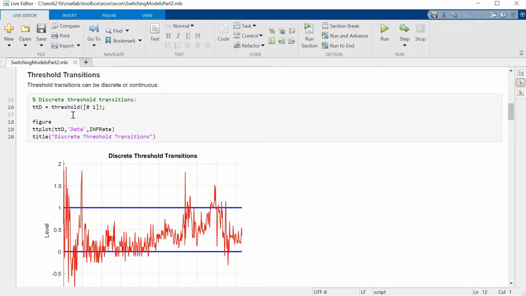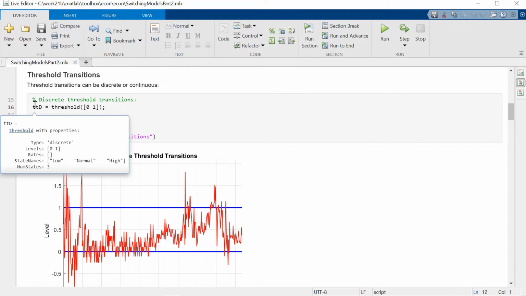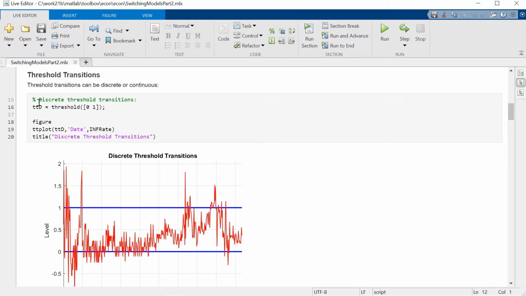The basic command is simply called threshold, and in its simplest form, you give threshold a series of levels. By default, it'll create a discrete threshold transition object with the levels that you've specified. And once you've done that, you can use methods in the threshold class to do things like extract data from the threshold transition objects or plot the threshold transition objects.